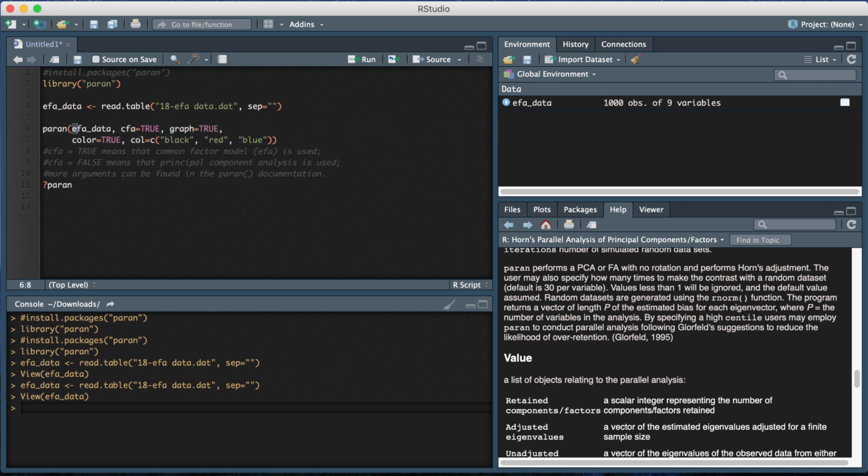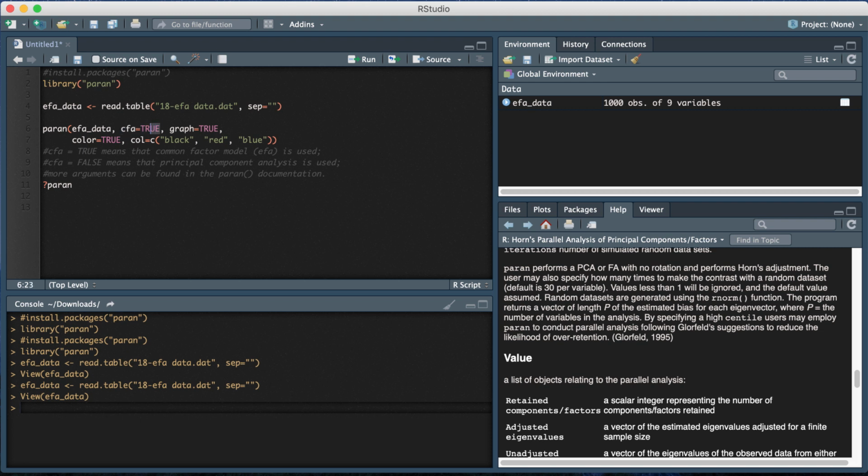So you just input your data first, and then for this line you have to determine whether it's true or false based on whether you're running exploratory factor analysis or principal components. Like I explained before, if you do parallel analysis for principal components, you're expecting to find 1 principal component. But if you run it for exploratory factor analysis, you're expecting to find 0 factors for the parallel data.